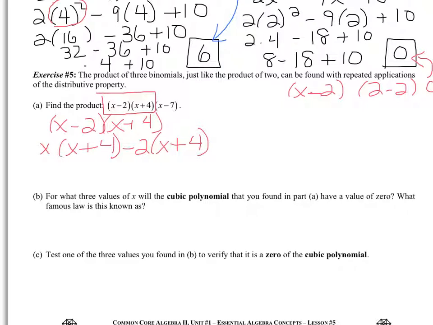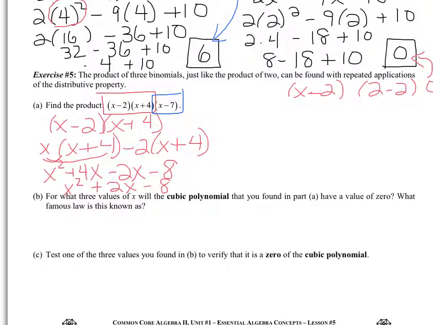And when I do my double distributive, I'm going to end up with x squared plus 4x minus 2x, watch your signs, minus 8. And when I combine those like terms, I have x squared plus 2x minus 8. Okay, that's not our full answer, because if you'll notice, we had left out this last